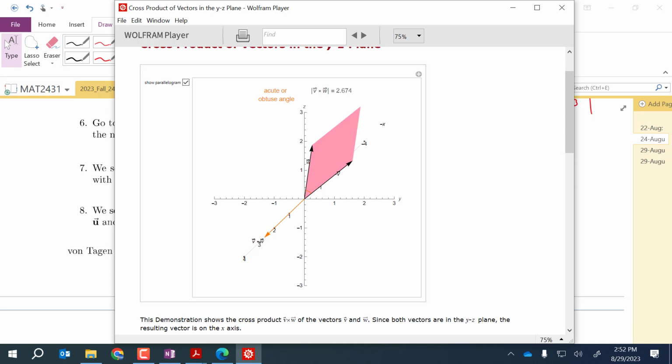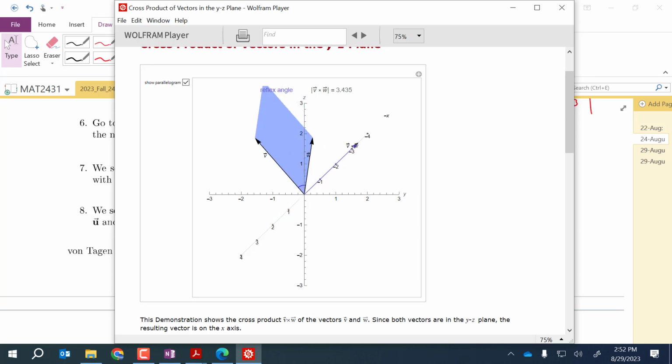Notice what happens if I do some swapping around. Now, with your right hand, what computation am I doing? I'm not doing W cross V, I'm doing V cross W, right? So with my index finger,